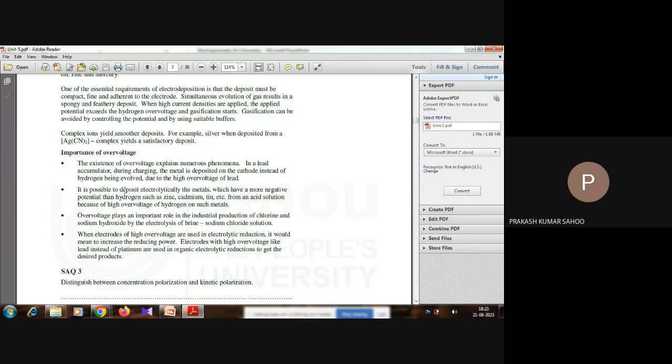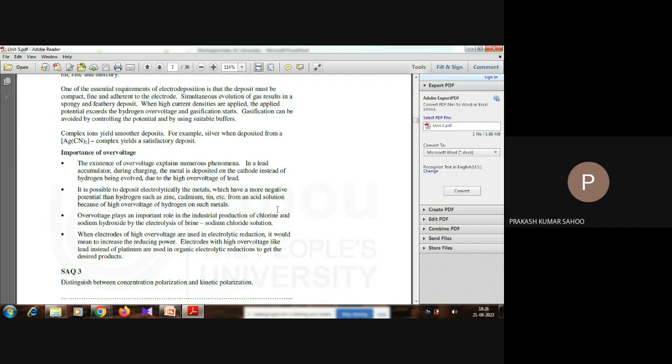Then it is possible to deposit electrolytically the metals which have a more negative potential than hydrogen, such as zinc, cadmium, tin, from an acid solution because of the high overvoltage of hydrogen on such metals. So these are just the applications. Okay. Also overvoltage, that means